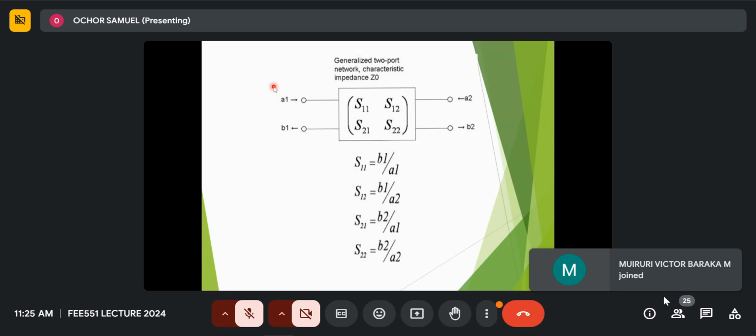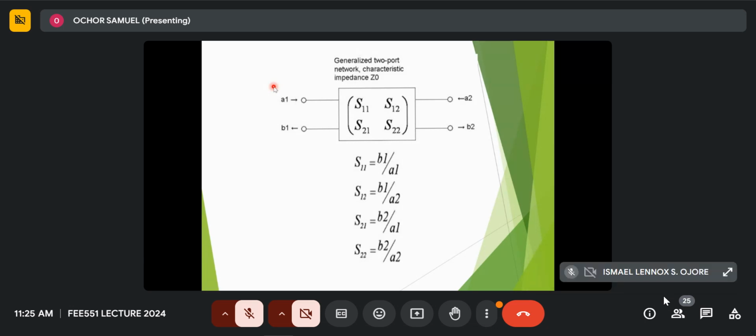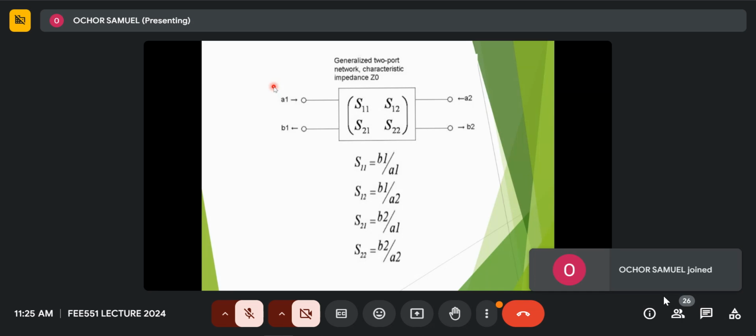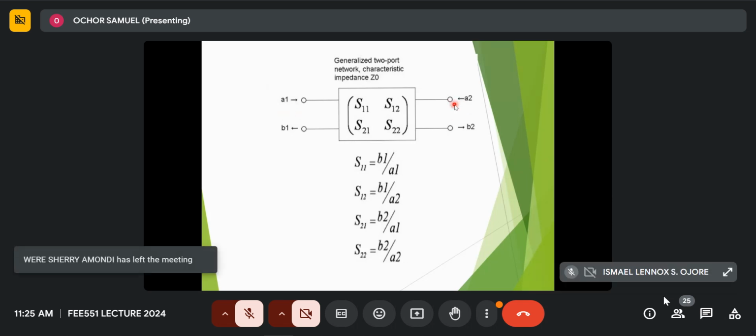Now, this is for the two-port network. Again, on the left, we have the input. Letter A is showing the input. So A1 is the input in port 1, and A2 is the input at port 2. Letter B is used to refer to the output only. So B1 is the output at port 1, and B2 is the output at port 2. Now, the scattering matrix is the one that is inside the block written S11, S12, S21,